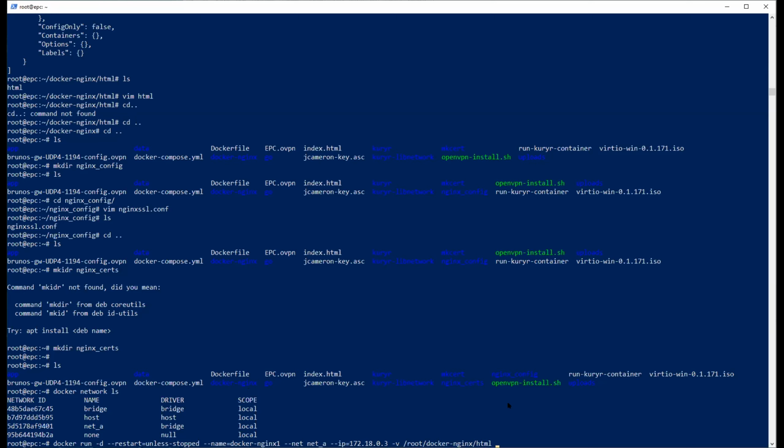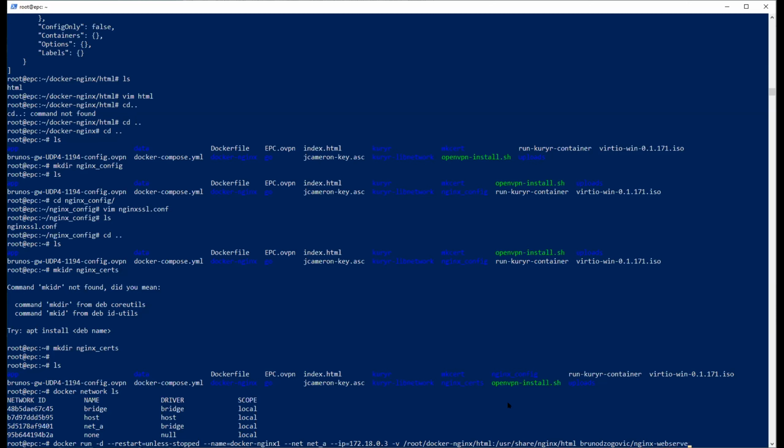HTML, this is your serving directory. So this serving directory you map in the container by /usr/share/nginx/html. That's where nginx is running inside the container. This is the default serving directory of the nginx web server. And then you just invoke the container which you want to run, which is the web serving container.